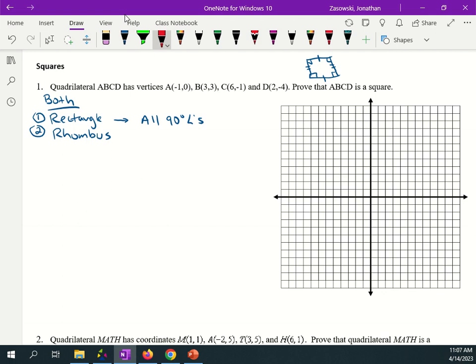The ones that are intersecting. So if I can show that this side and this side are equal, that forces the other 2 sides to be equal, right? Because their opposite sides are congruent. So I can do all 90-degree angles, okay, and then do 2 adjacent sides congruent,